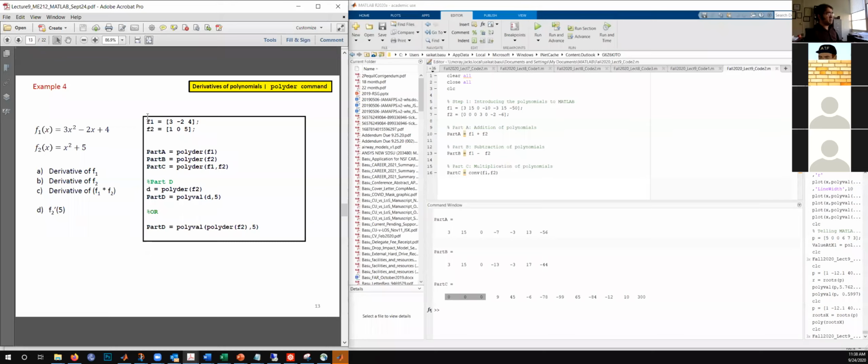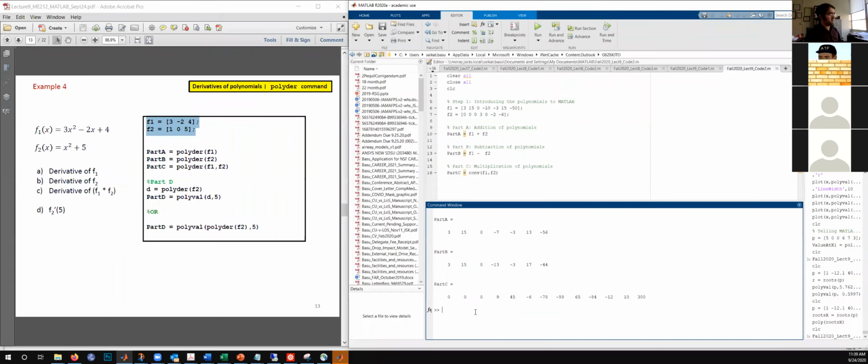So the first step again is to tell MATLAB what the 2 polynomials are, and we achieve that with these 2 lines. Now the first part of the question is find the derivative of f1. So you just write polyder f1. Second step is find the derivative of f2, so polyder f2. And the third step is find the derivative of the product of those 2 polynomials. So that is polyder f1 comma f2. So just remember the syntax, and let's still do a quick